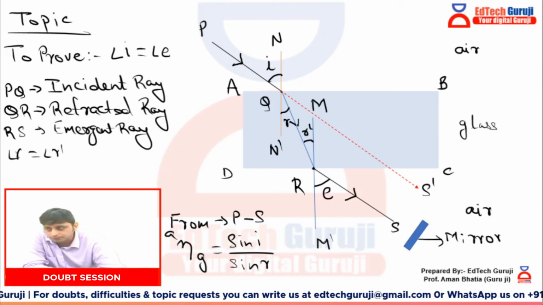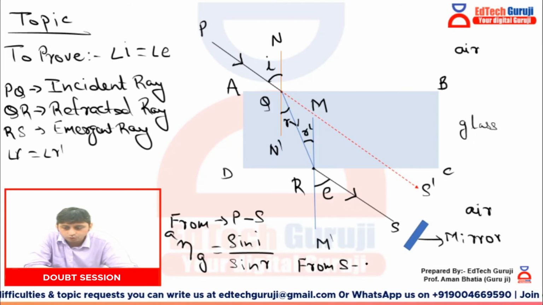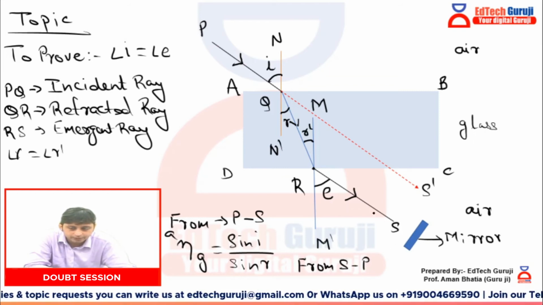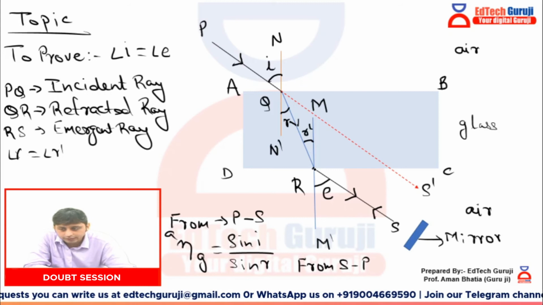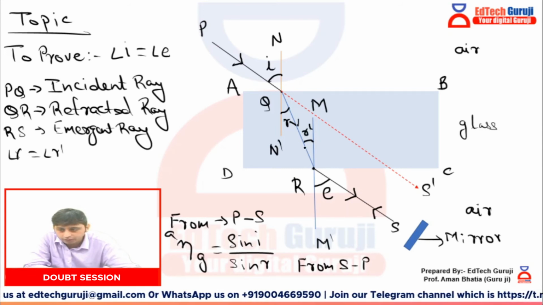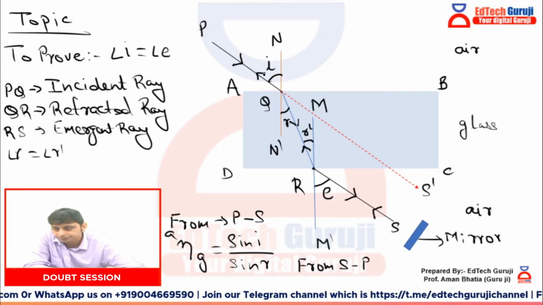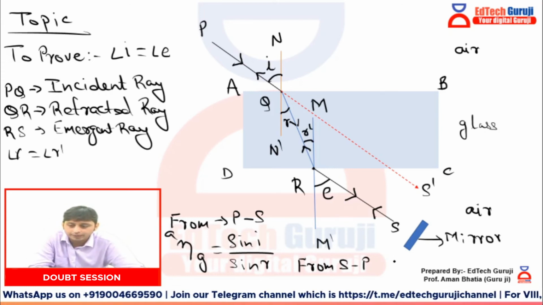Now case number 2. Now the light is going from S to P, in reverse, so it hits the mirror and bounces back. Okay, now again it will hit the glass. As it hits the glass, it will undergo bending, it will go towards the normal. So it will follow this particular path from R to Q, and again here it will come from glass to air. Again it will go away from the normal and will follow this path to P. So this is how it will come back from S to P.